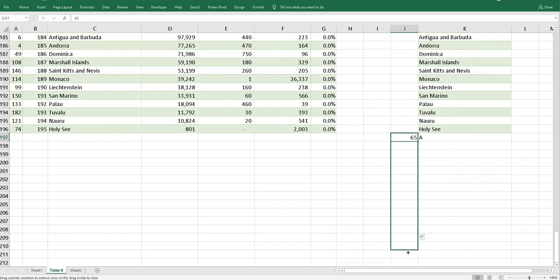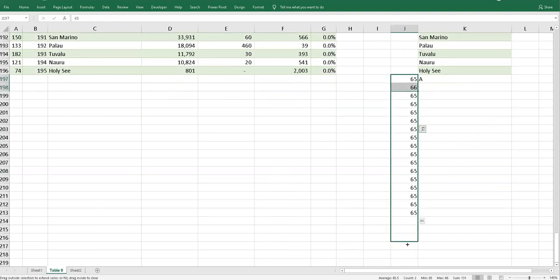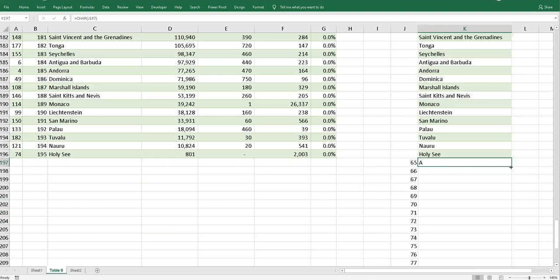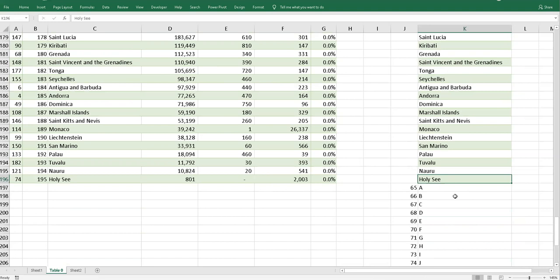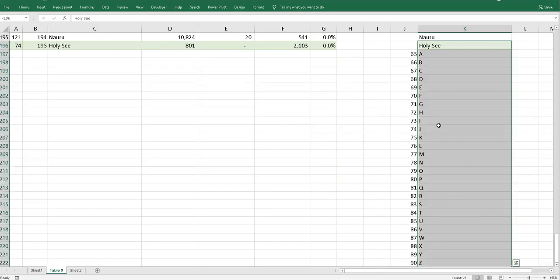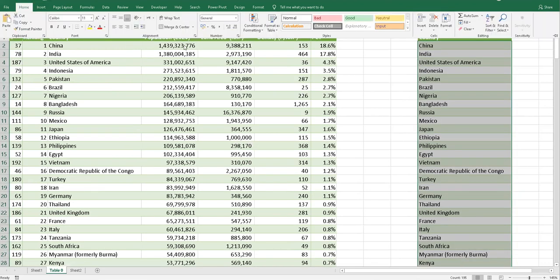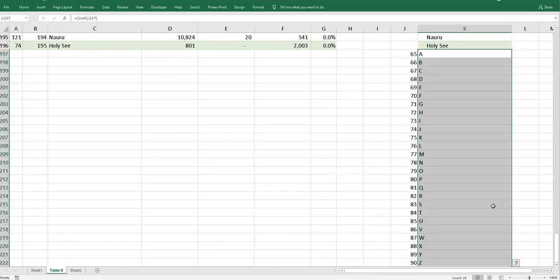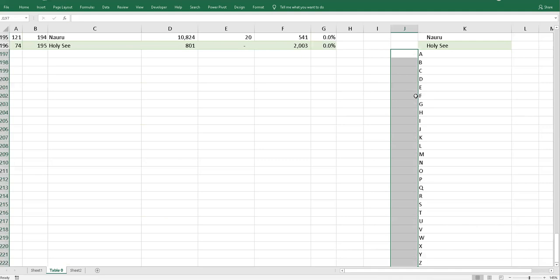In English we have 26 characters, so we will put it like this and make a list till 90. Till 90 it will give me A to Z. When I click it over here, A to Z, it will give me these options. Now for the beautification of the data, I give it a little bit of tab so that it looks quite distinct. Here I will change all this into value. No need for this one right now.